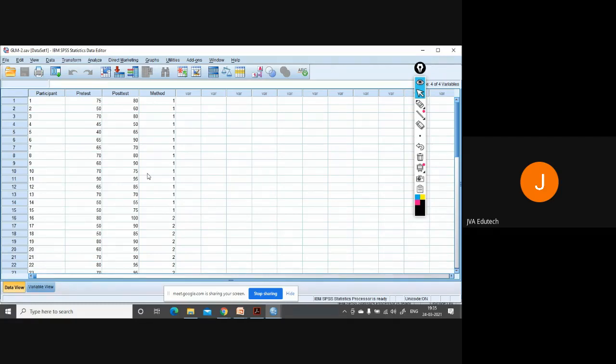It will be too early to say that method 1 is better than method 2 or method 2 is better than method 1, because the pre-test score, when they were introduced into the class, was a test of their quantitative ability. Even this could affect the overall score. So you have to put it in as a control variable. Are you getting my point?